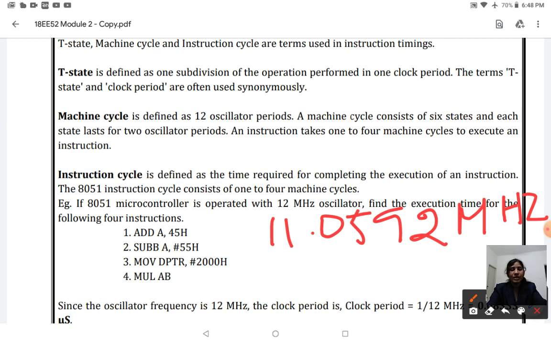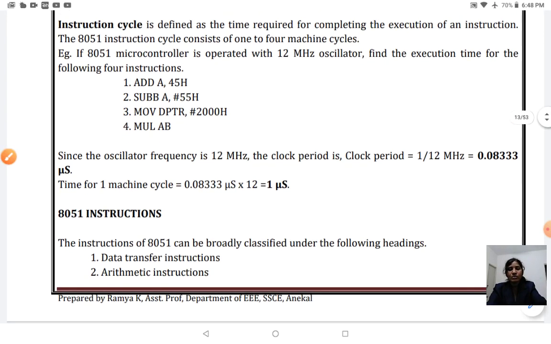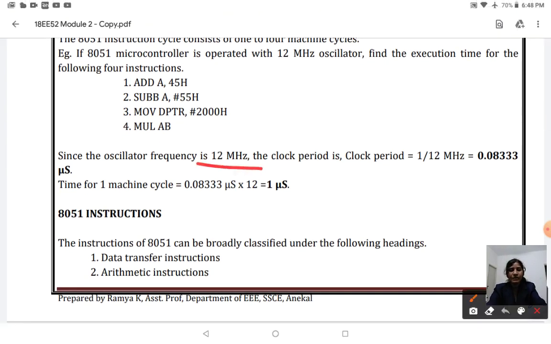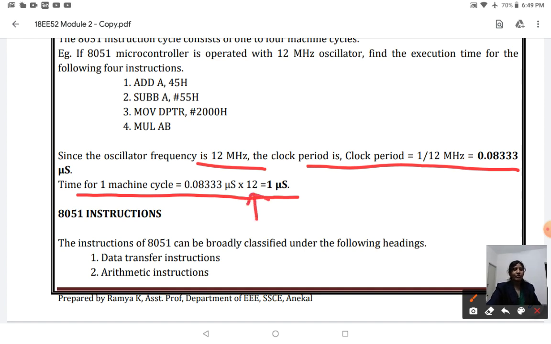For example, if you are using a 12 megahertz frequency, the clock period is going to be 0.08333 microseconds. Therefore, the time taken for one machine cycle will be 0.08333 microseconds multiplied by 12, which gives the time taken for one machine cycle.